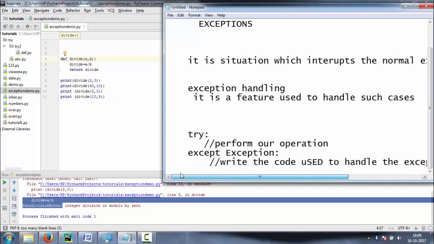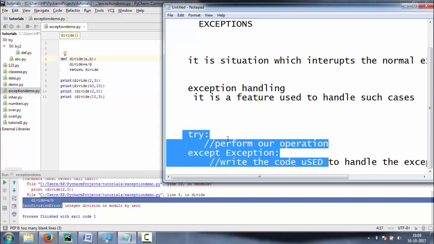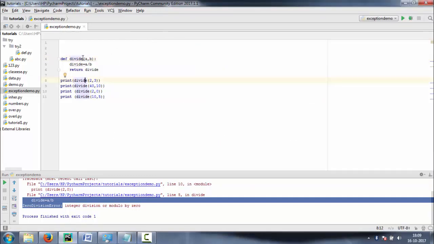Now let's try an example of try and except. Okay, now suppose I am writing it in a try block and also write except. Okay, there is an indentation problem. Now it's fine. Except.